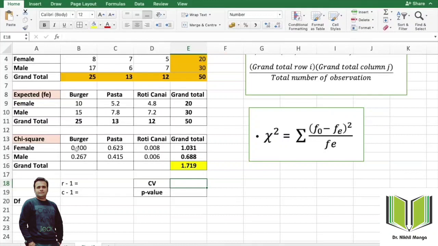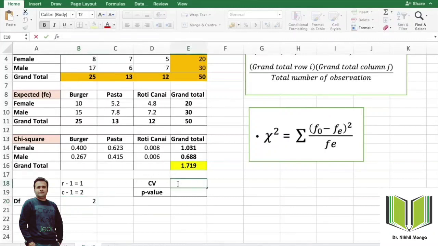Now the number of rows are 2, so 2 minus 1 is 1, and columns are 3. 3 minus 1 is equal to 2, and 2 into 1 is 2. So your degree of freedom is 2.